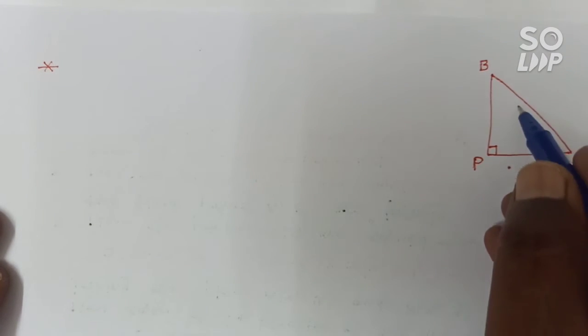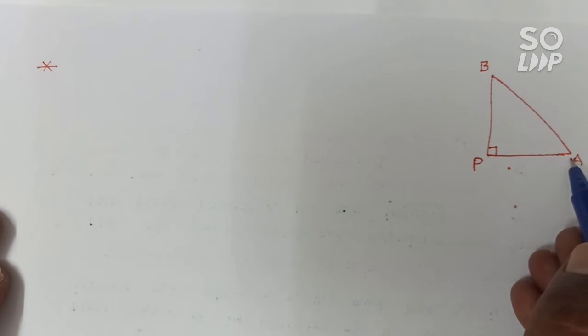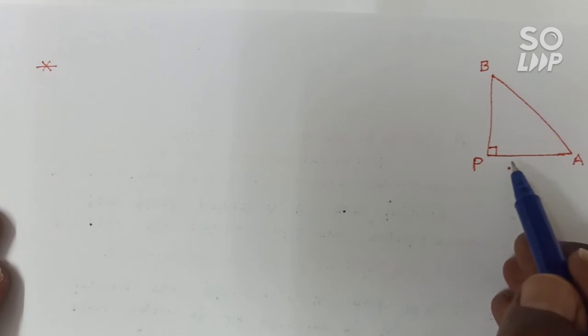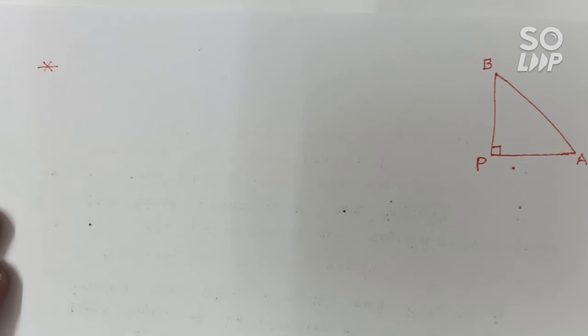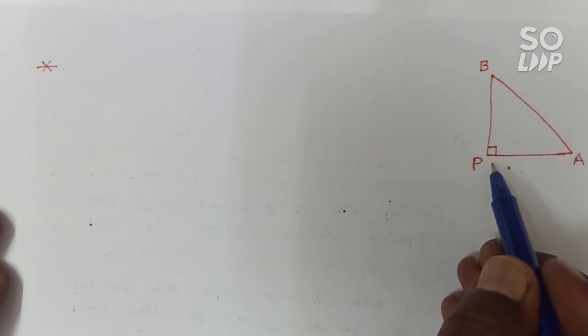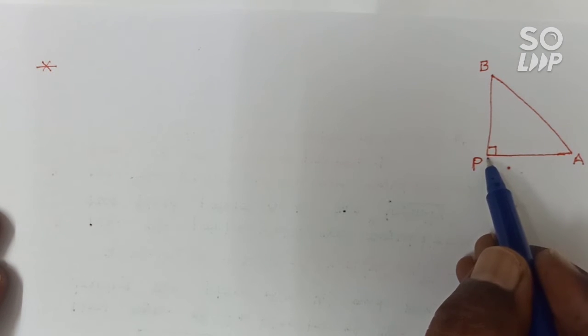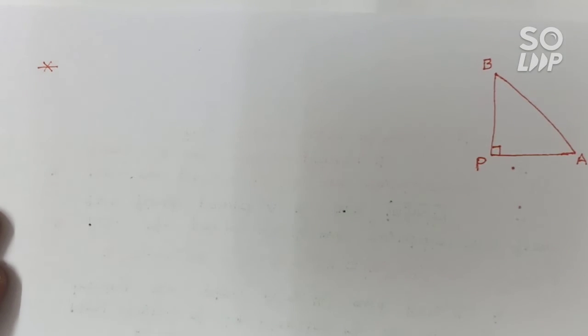Here, if I give the ends of a hypotenuse in a right angle triangle, the locus of the third vertex becomes a circle with AB as the diameter. Why does it become a circle? Because we know that the angle in a semicircle is a right angle. So the right angle vertex will always lie on the circle. Then obviously AB is the diameter of the circle.